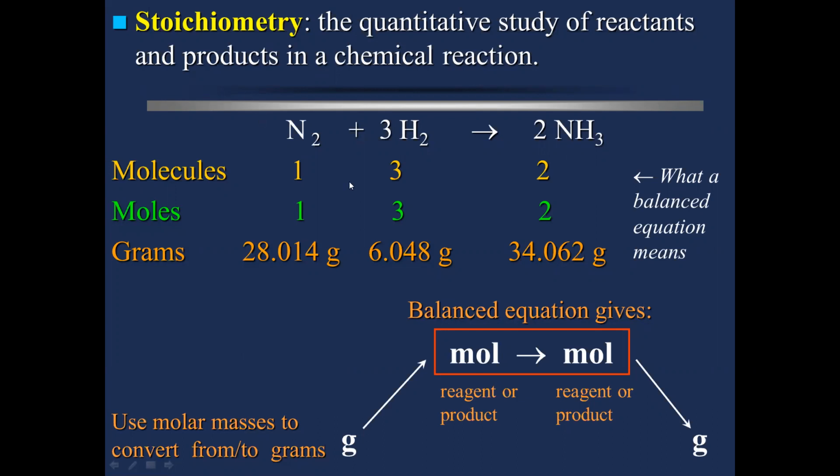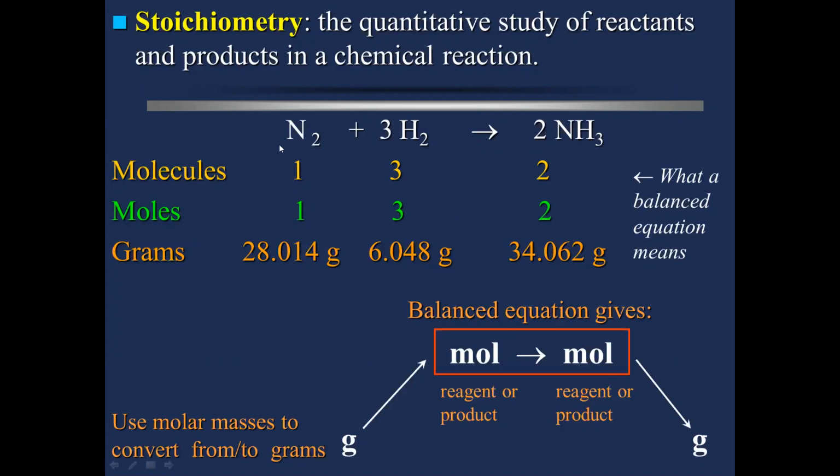we learned stoichiometry. It tells us the quantitative study of reactants and products in a chemical reaction, like the video I showed you. So if you add soda to the vinegar, at a certain point the reaction will stop when the vinegar is totally consumed. That can also be illustrated by this chemical